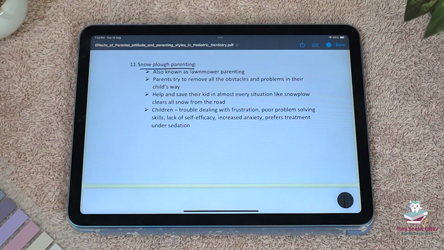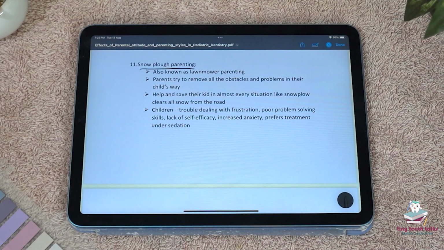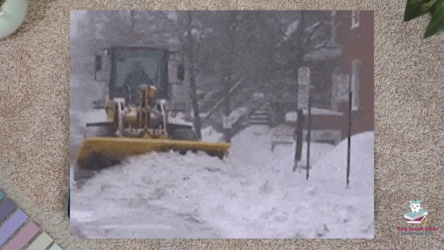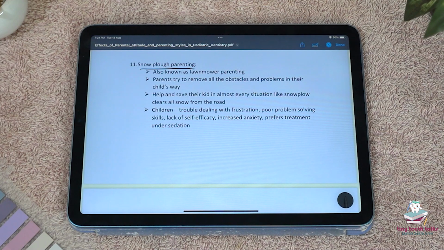Snowplow parenting. It is also known as lawnmower parenting. A lawnmower basically cuts the grass, and in the same way, these parents remove the obstacles and problems in their child's way. They help and save their kid in almost every situation, like a snowplow clears all the snow from the road. Children may have trouble dealing with frustration, poor problem-solving skills, lack of self-efficacy, and increased anxiety, and prefer treatment